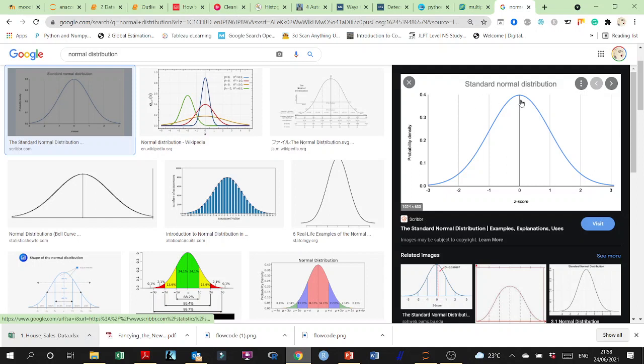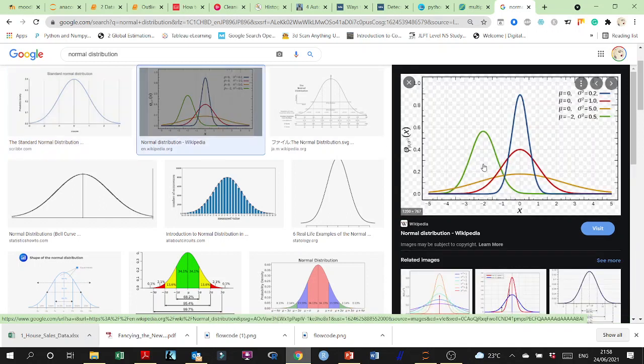If the tail is to the right, then it will be positively skewed. If the tail is to the left, it will be negatively skewed. So how about kurtosis? Kurtosis is basically when this